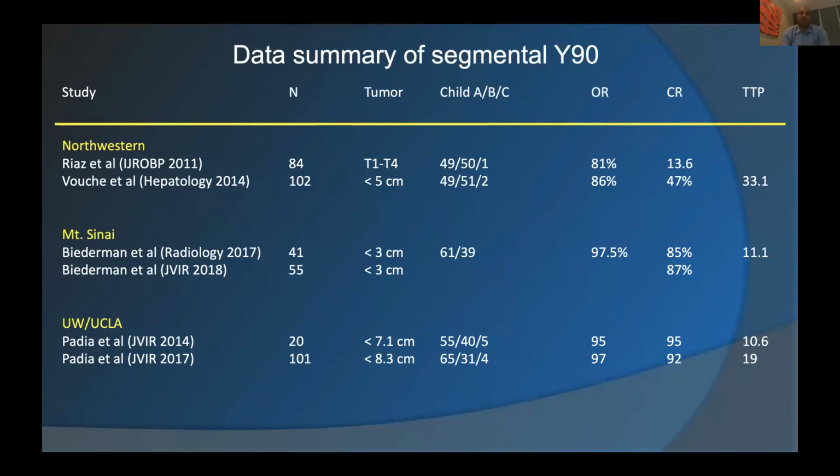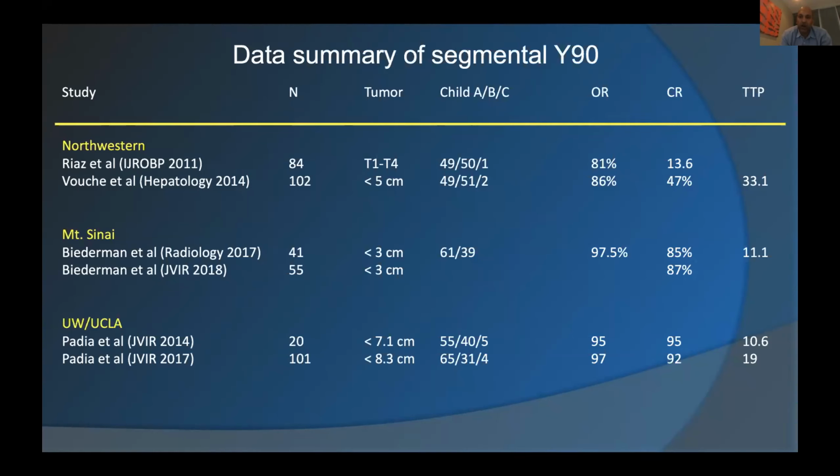So let's go back to the data. So where are we today with radiation segmentectomy in terms of the data? And I won't go through all of these and bore you in detail, I'll just kind of point out 1 or 2. So this primarily started at Northwestern, but now there's at least 3, if not 4 centers primarily doing this and reporting the results. Our group at UW and UCLA, you can see at the bottom. And you'll notice that with time, these are sort of chronological.